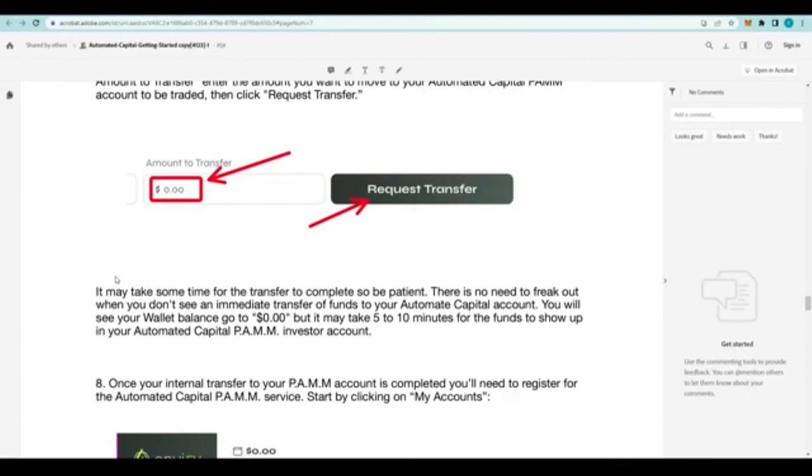If you do it on like a Saturday, I've seen it take almost 24 hours until Sunday. I did it on Sunday at like noon my time, which is like 2 p.m. Eastern, which was right before when the actual trading started. And mine got accepted within like 5 minutes. I've seen some take 10, 20 minutes. So again, it's a big variety of change. So don't freak out if all of a sudden you request the transfer and it still says pending. That's normal. Again, Automated Capital has to go in and accept that they are going to be able to use